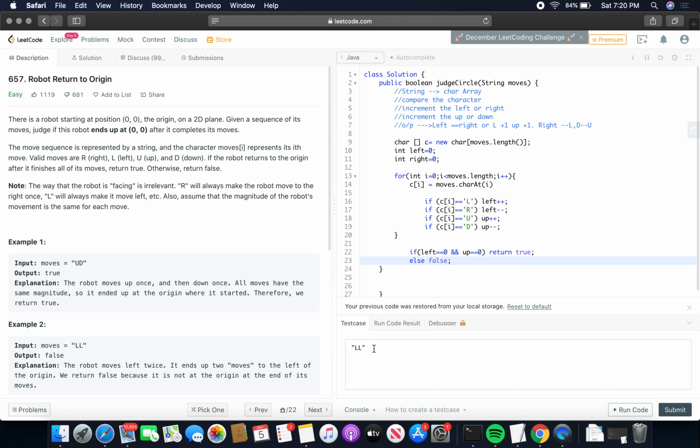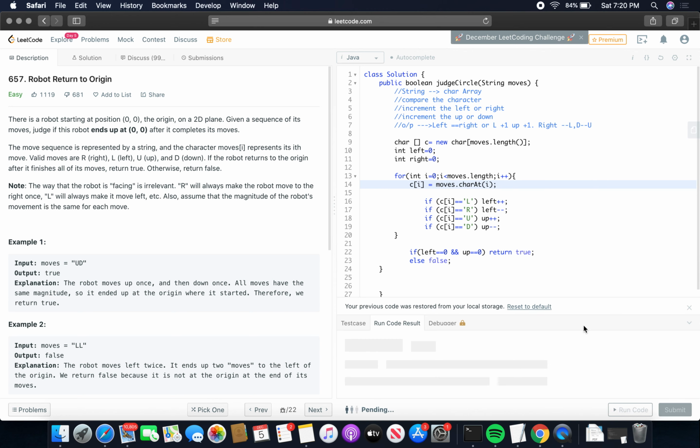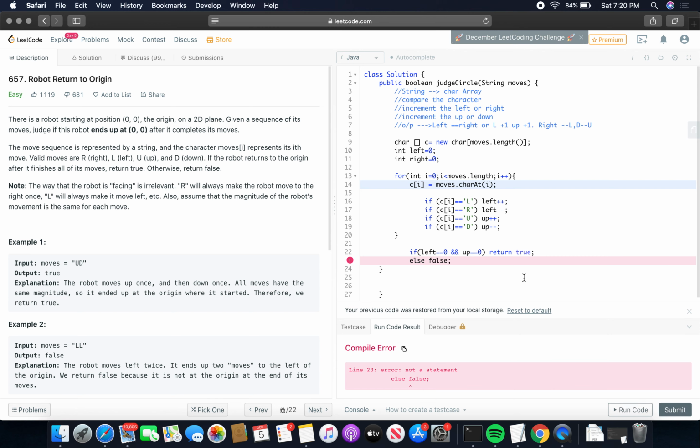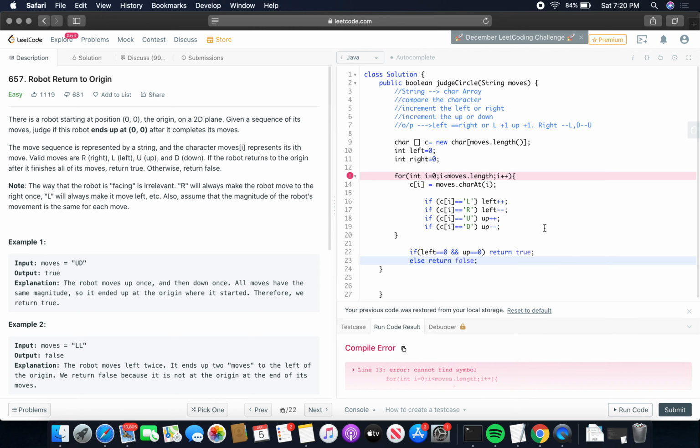So let's test it for the test case LL. If it gets compiled, no, I'm missing something, a semicolon. Not a statement. Okay, I missed return. Okay, now what is the problem?